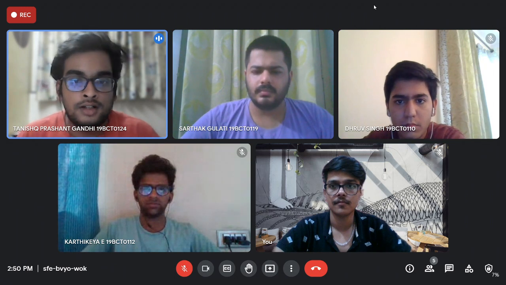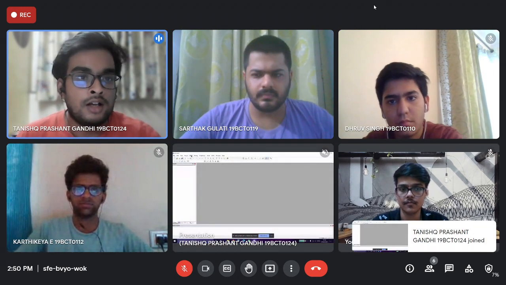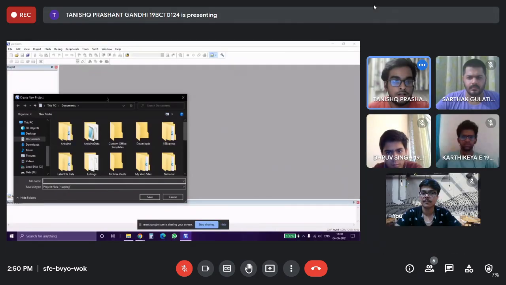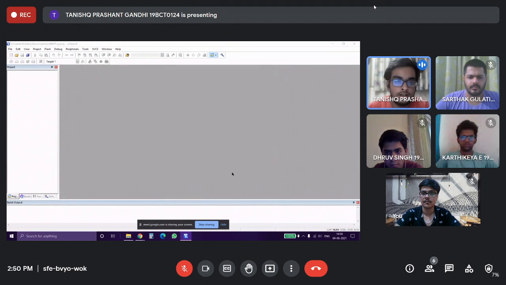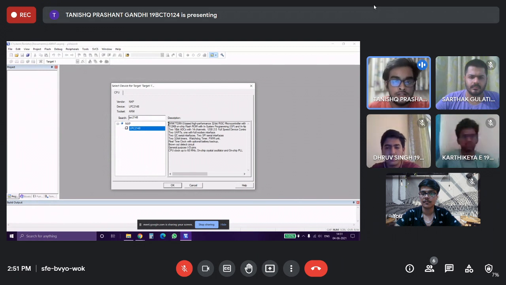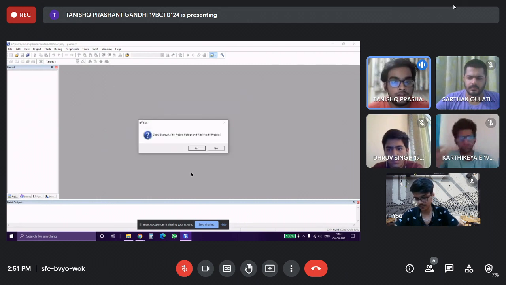So basically, this is the ARM software, and now we just go to Project, Create New uVision Project. I am giving the name LabFat here, and I am saving it. So this is our LabFat, and here we are going to use the device LPC2148, which is basically ARM7TDMI, which we are going to use for ARM based programs. And when we click OK, we click No to adding the startup file.